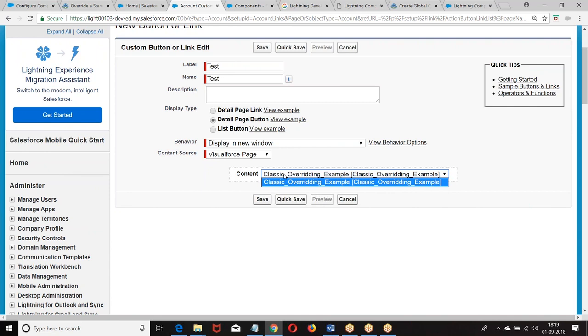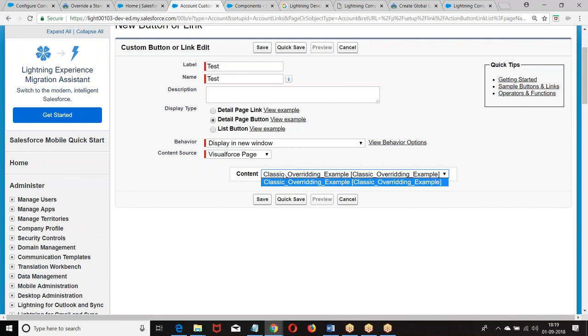The same concept is implemented in the Lightning with what? In the Visual Force, if I take standard controller, the same concept in the Lightning is implemented with LDS, Lightning Data Services, where I told record data, target record, target fields. LDS is a counterpart of standard controller in the Visual Force. So whichever object you want to create a button on, we need to choose the Visual Force.